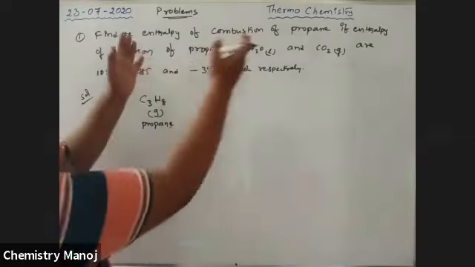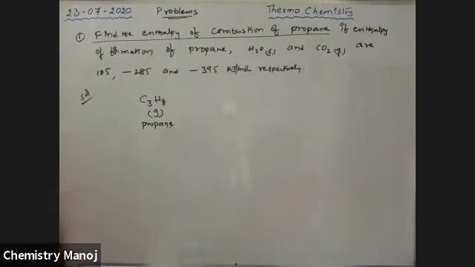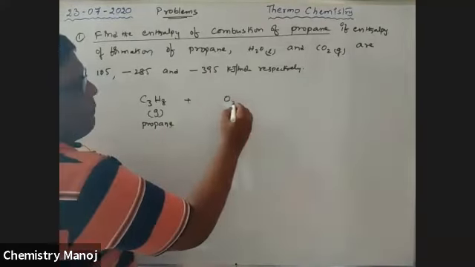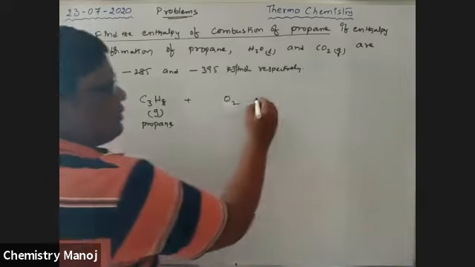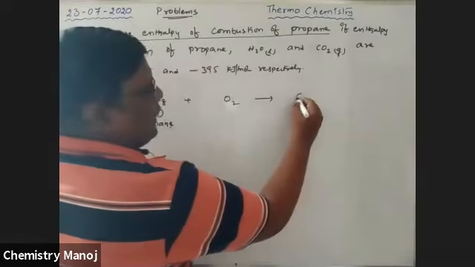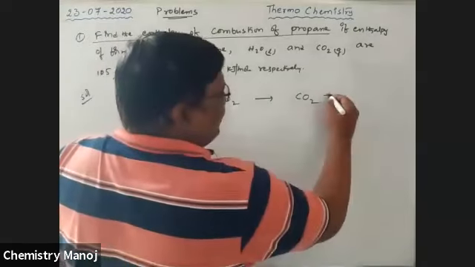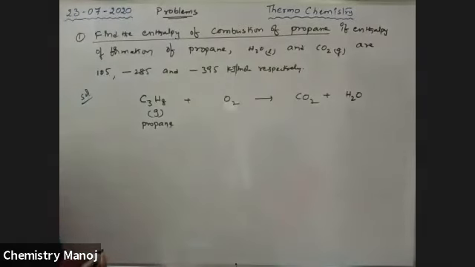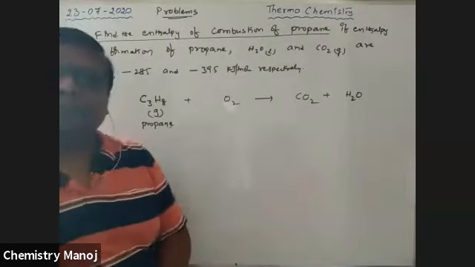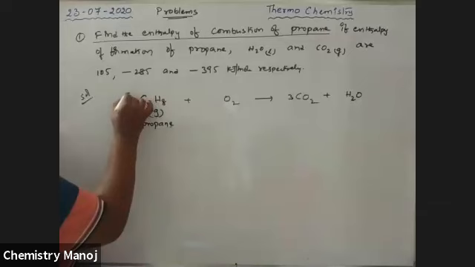So convert that question into the equation. Propane is completely burned with oxygen. That gives, see boys, all carbons present in the organic compound are converted into carbon dioxide, and all the hydrogen present in the hydrocarbon is converted into water. So those are the products. Now for the equation: 3 carbons are there, so it should be 1 mole, boys, no change, because 1 mole of compound is going to be burned.